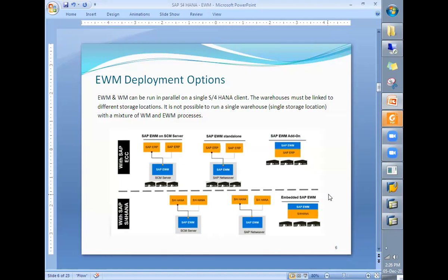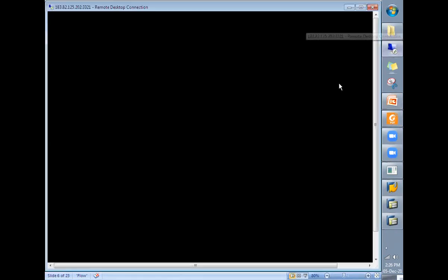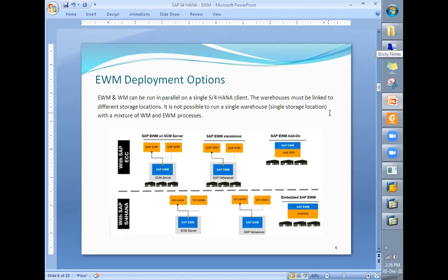In that case, it is called decentralized EWM with S/4HANA. The third option we have is embedded EWM. After launching SAP S/4HANA 1610, SAP has incorporated some of the SCM modules like EWM and transport management in S/4HANA 1610 onwards.